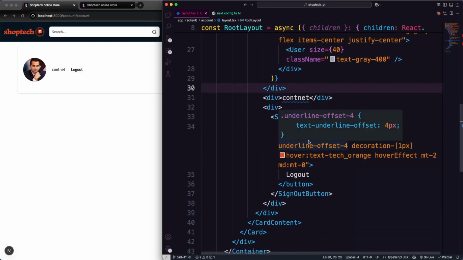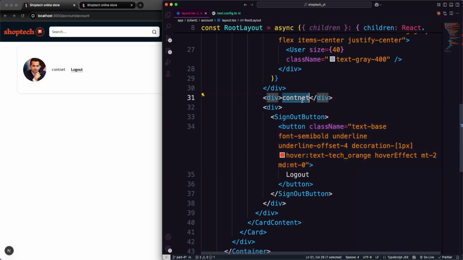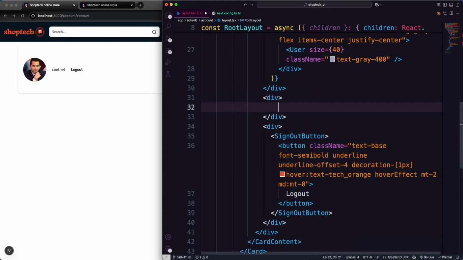Text is the base text, font semi-bold, and then underline offset is 4, decoration is 1 pixel, hover text should take orange, hover effect provided, margin y is 2, and margin x is 0. Now for that content property here, we should be providing an h2. Inside it we're going to contain that user.firstname, and then we're also going to get that user dot,